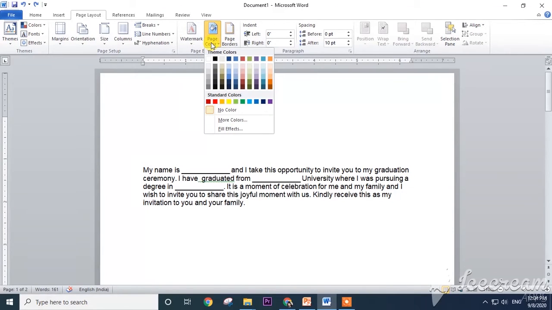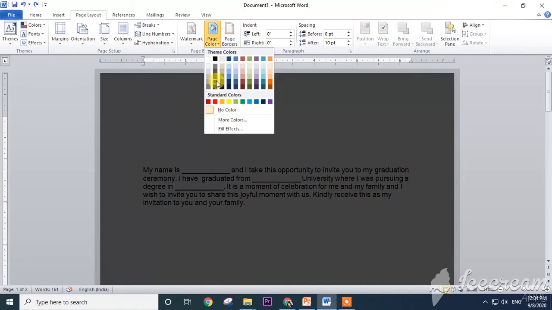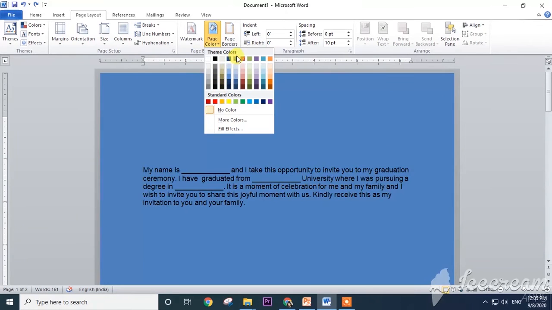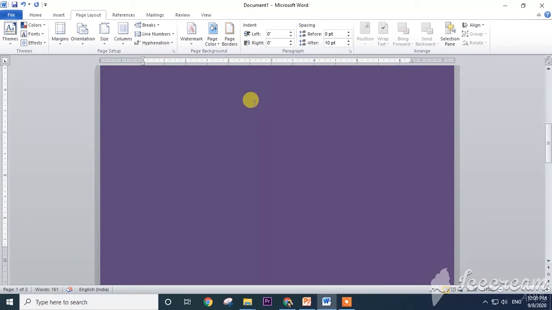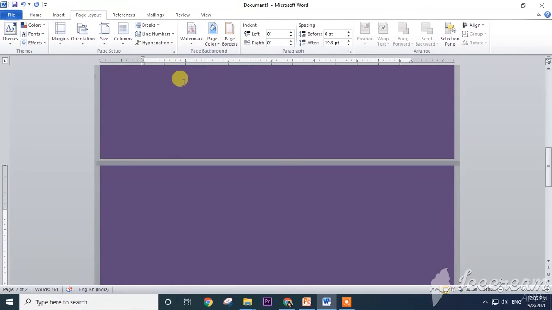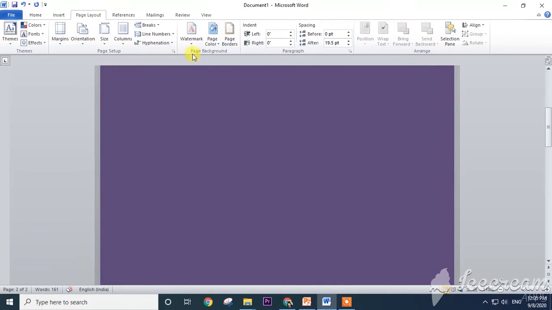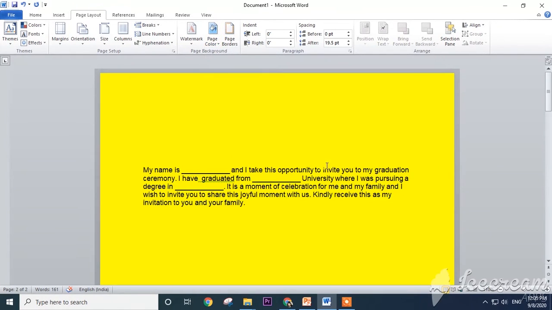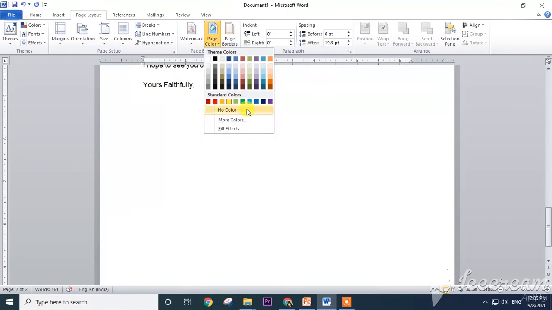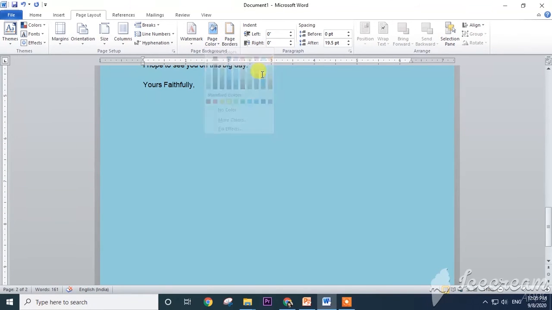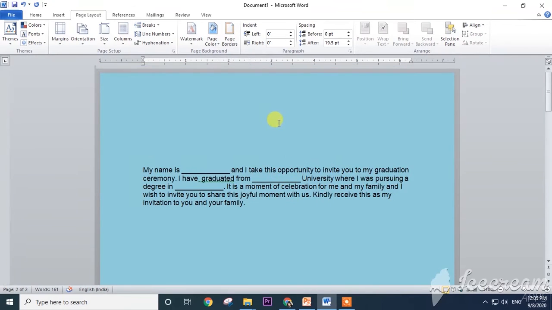Click on that and you can select different colors according to your choice. See here, I am selecting this color as my page background. See, all the pages will be the different color. See, yellow color also came. It is your choice how to select the colors.